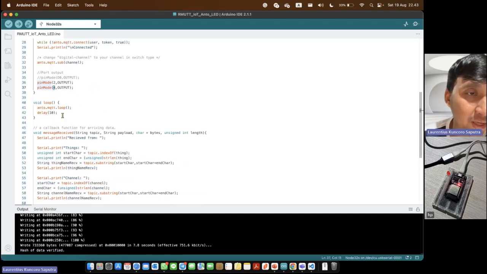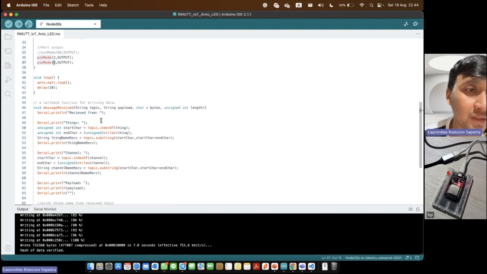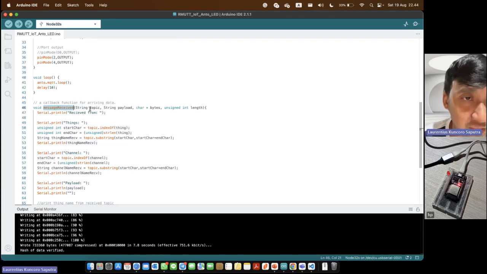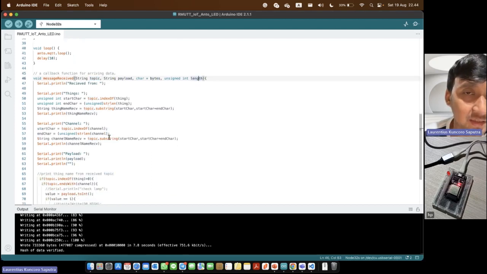Okay, when the ESP32 is listening and the data has arrived, the ESP32 will execute this function, message receive. This message receive function has four parameters: topic, payload, bytes, and length.